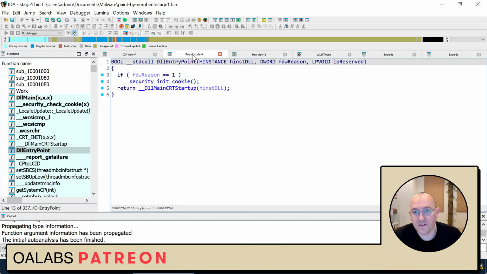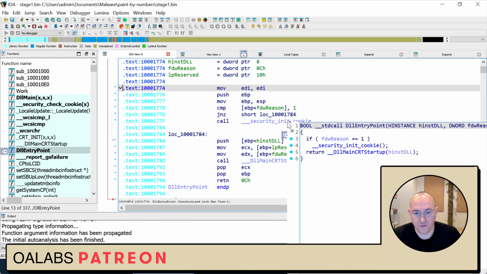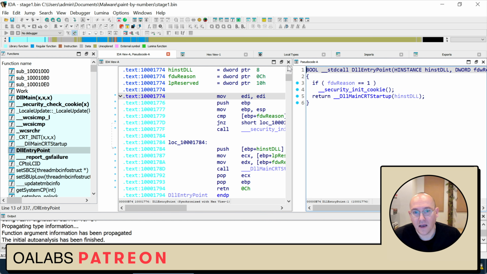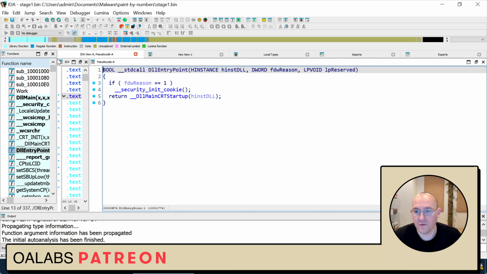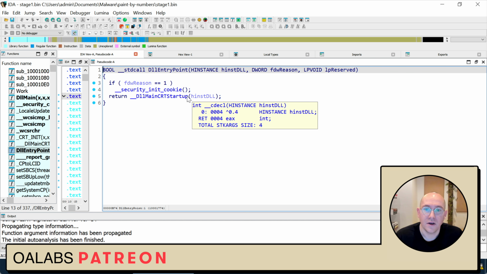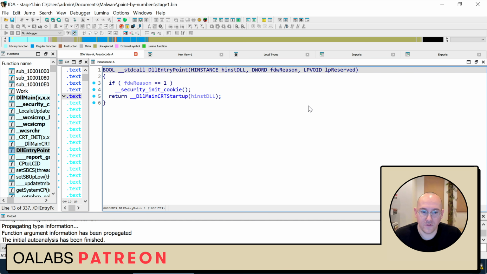I am going to set this up with a split view, so I'm just going to pull the pseudocode down and dock it. But I'm going to mostly minimize this disassembly here. So we're mostly going to be looking at the pseudocode. I'm also going to shift the function window over here to give us a bit more room for the pseudocode. The main focus of the reversing will be the pseudocode, and then we'll fall back to the disassembly if there's